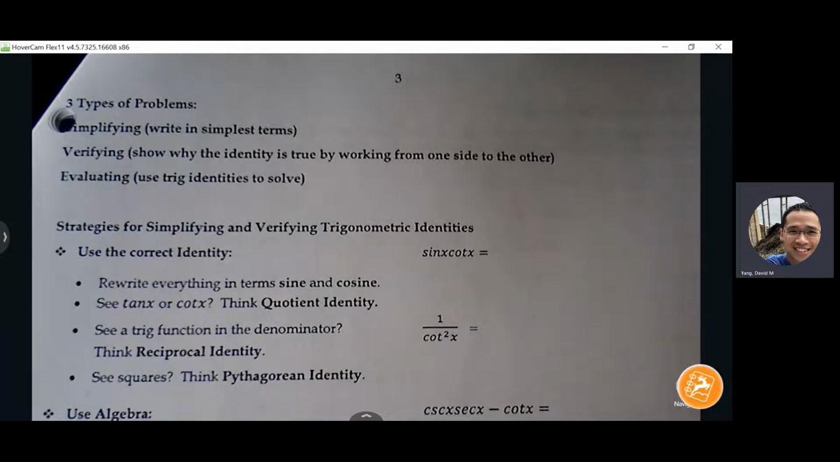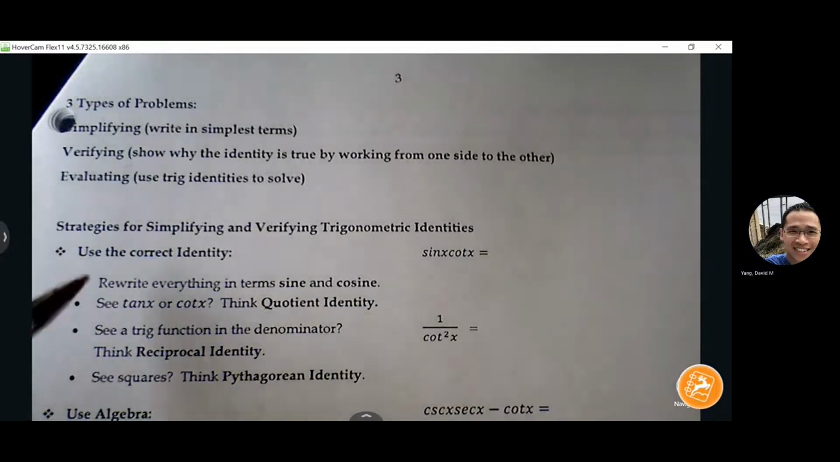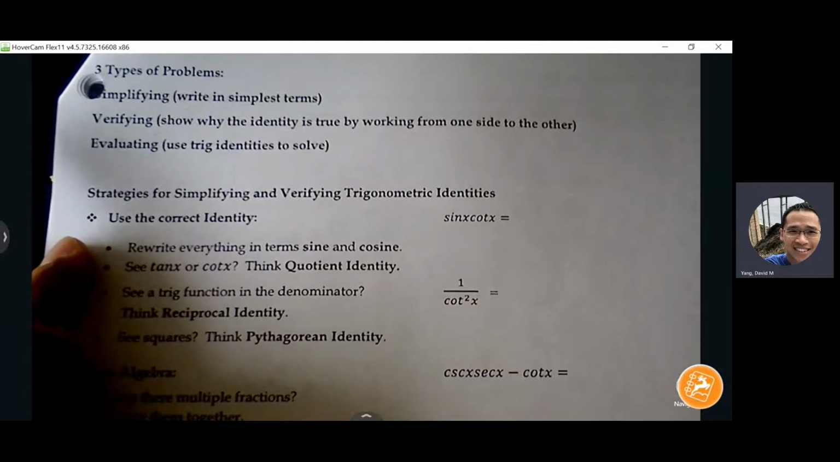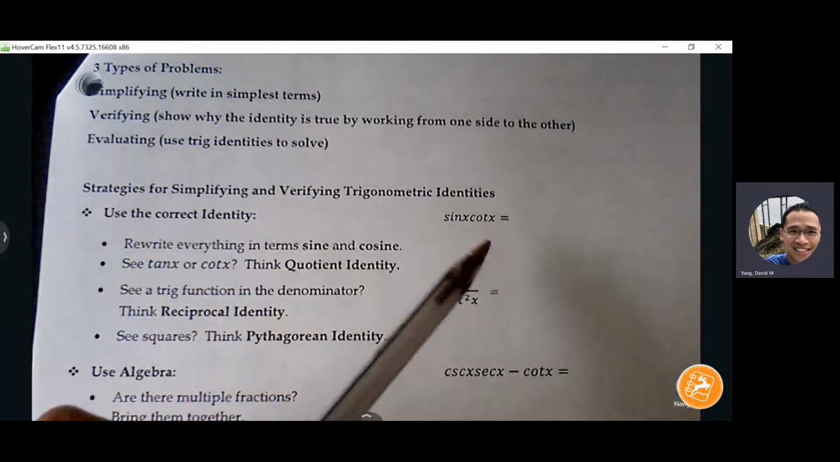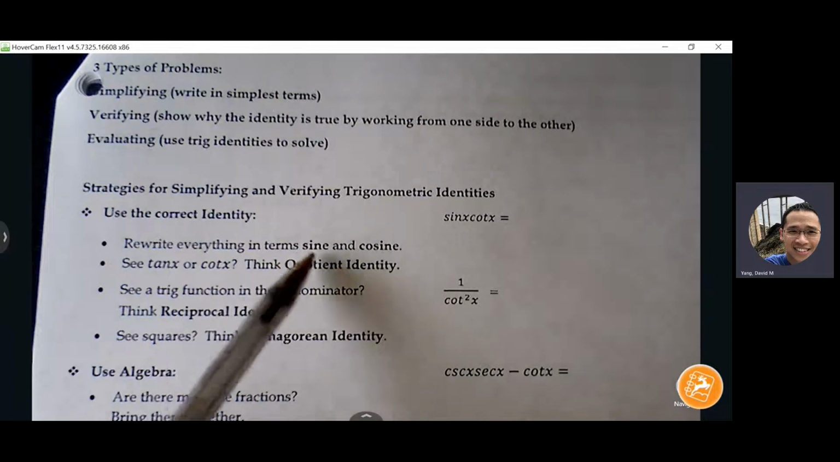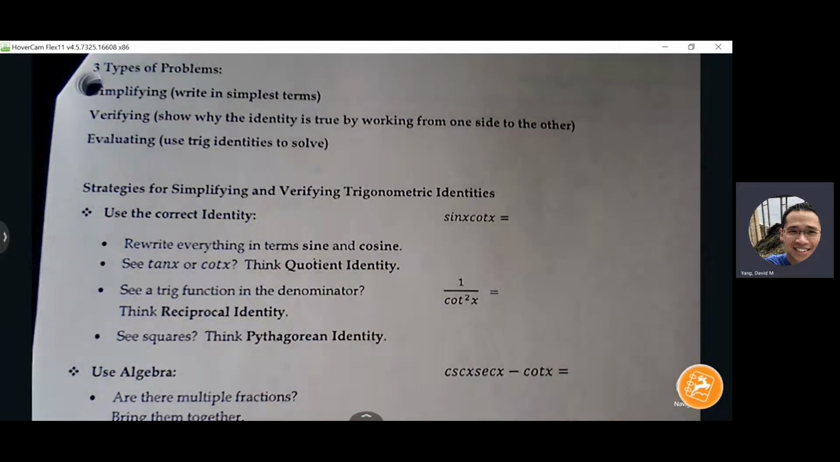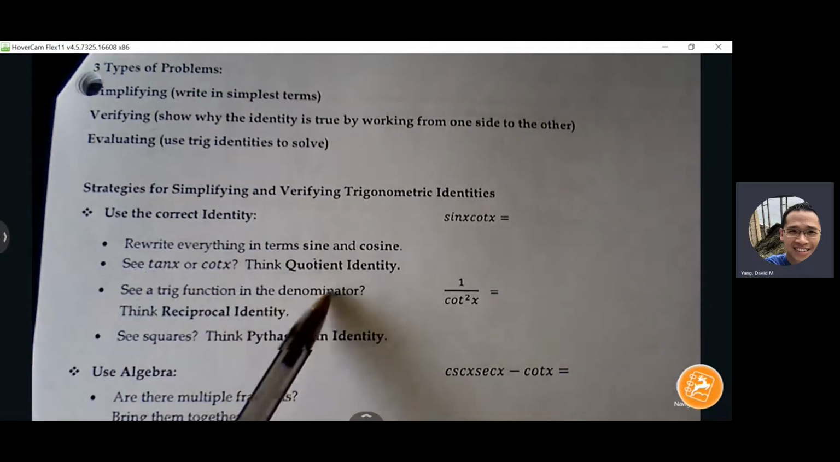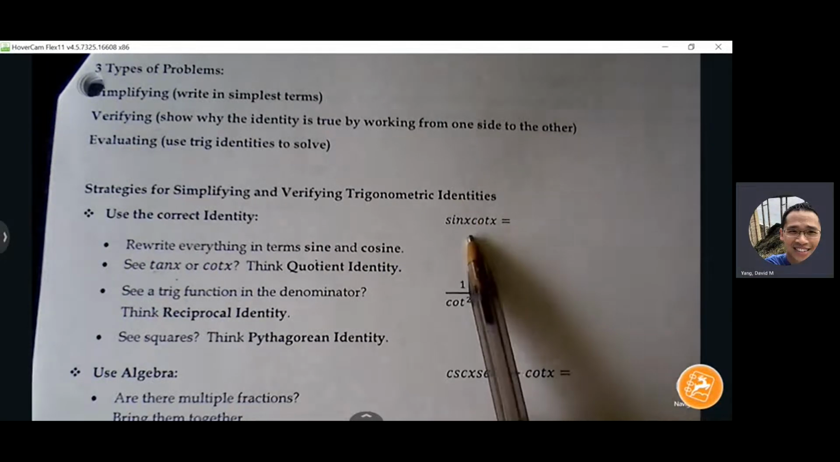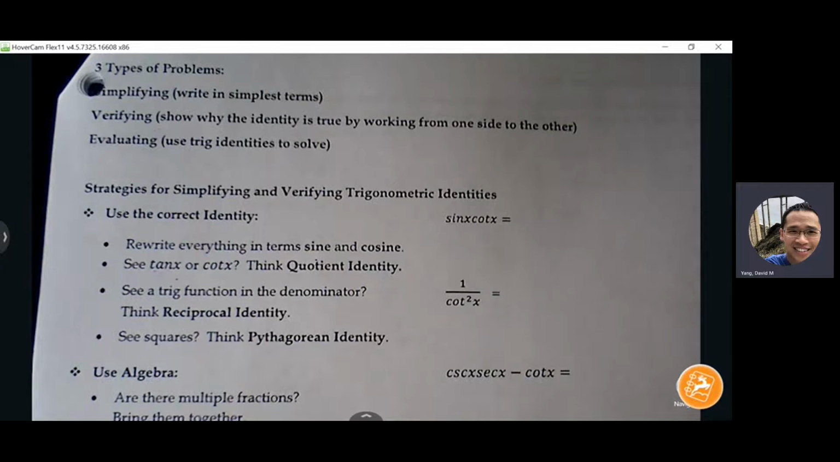All right. So here are some strategies for simplifying and verifying trig identities. The first strategy is to use the correct identity. If we can get everything in terms of sine and cosine, usually that's a good way of cleaning up. And if you see tangent or cotangent, then think about the quotient identity. The nice thing about the quotient identity is you can rewrite tangent in terms of sine and cosine. So if everything's in terms of sine and cosine, you have a lot easier time matching, pairing, and reducing. So for instance, if I asked you to reduce sine of x times cotangent of x,